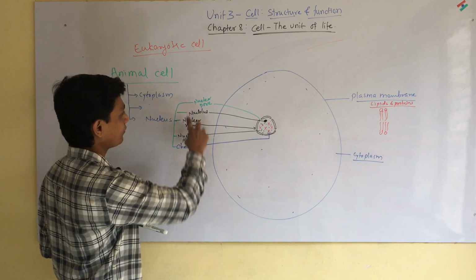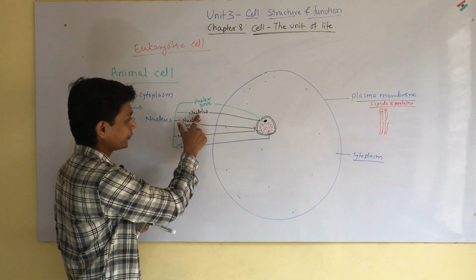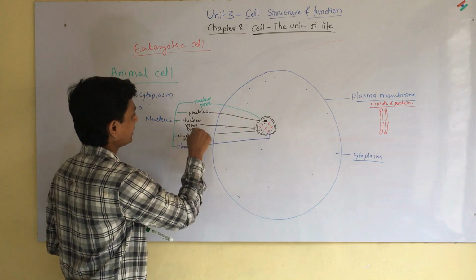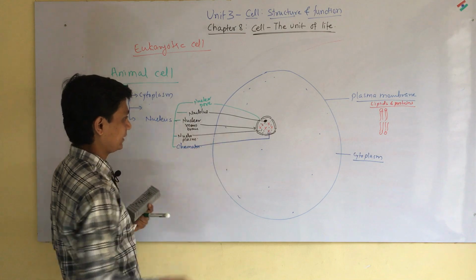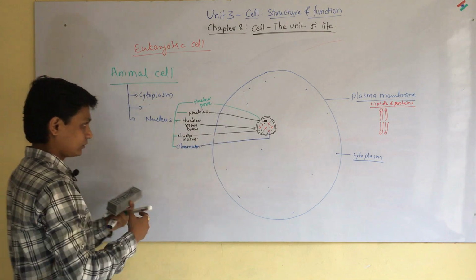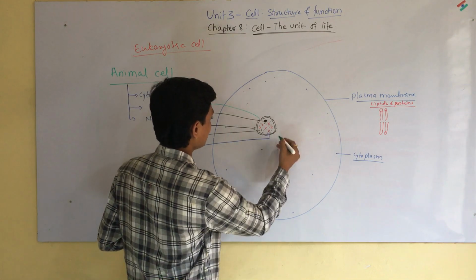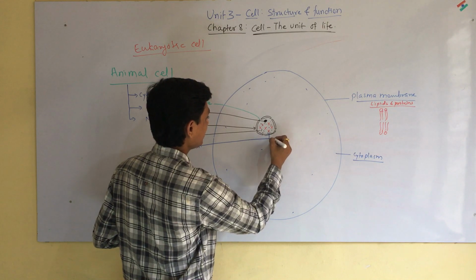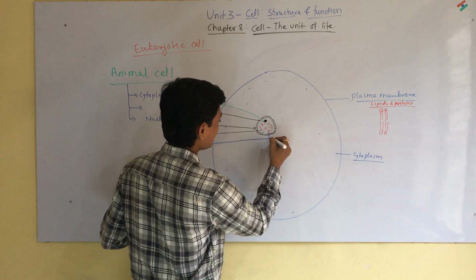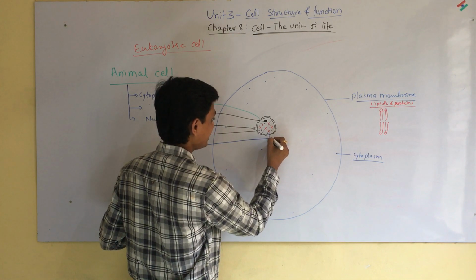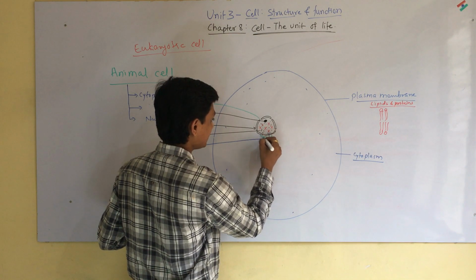Means nucleus is made up of nuclear pore, nucleolus, the membrane that is known as nuclear membrane, then nucleoplasm and chromatin. Near this nucleus, up to the periphery, structures containing concave surfaces are present, that is known as